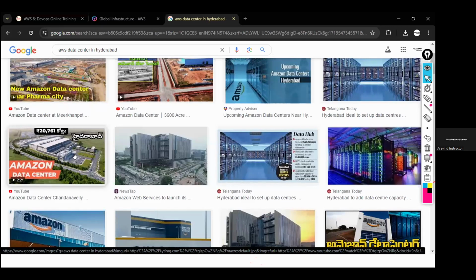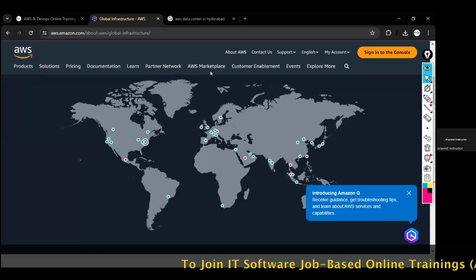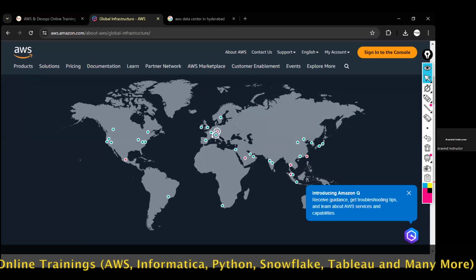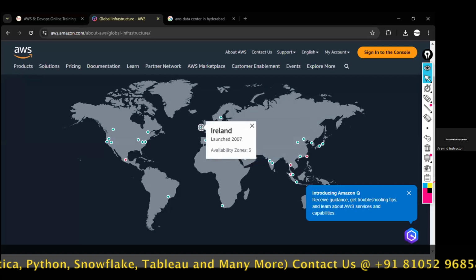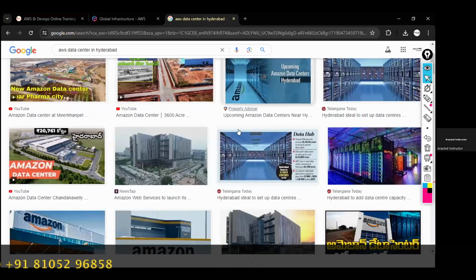What Amazon company is telling, Arvind, you want to start an IT company, right? For that, you need to have 10 crores because you have to purchase servers, maintain them, and take care of them. Why unnecessarily waste money? We already have these data centers worldwide. In Hyderabad we have a data center. In Mumbai we have a data center. In North Virginia we have a data center. This is the first data center, launched in 2006. In Saudi Arabia, Tel Aviv, Germany coming soon, Zurich, Paris, London, Ireland, it is 2007. Overall, in 33 places, we have set up the data centers.